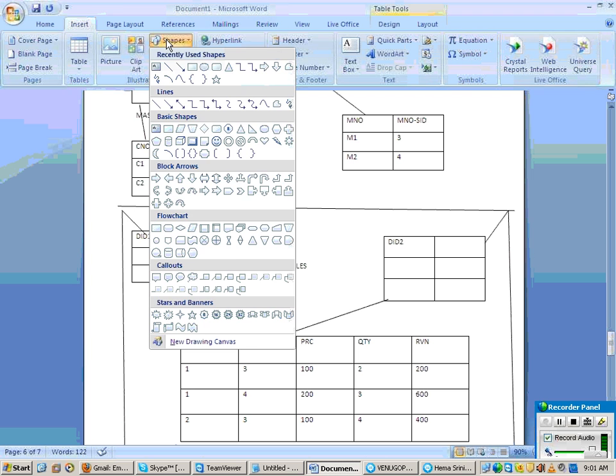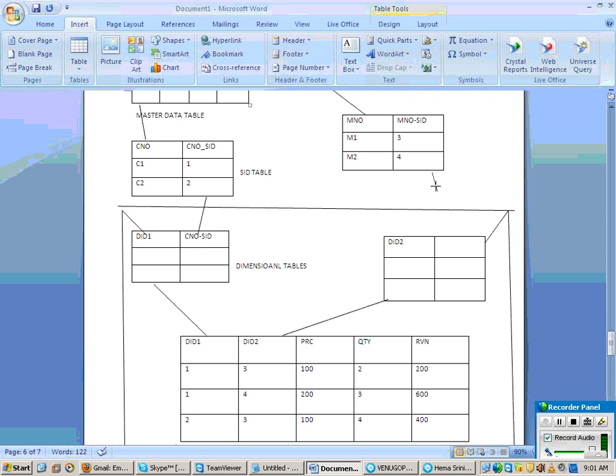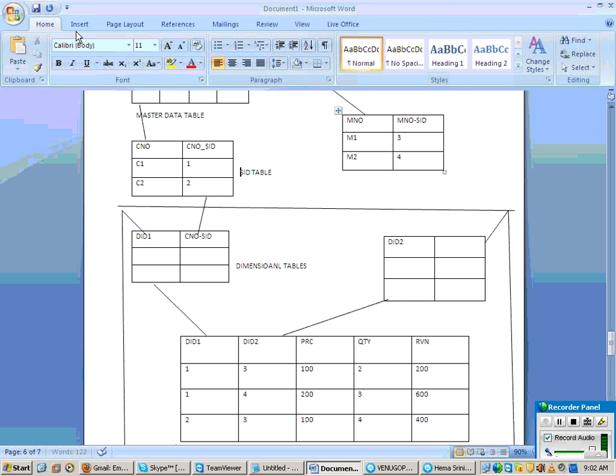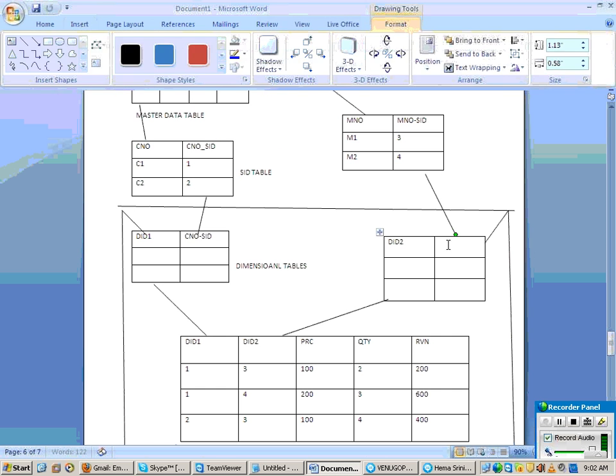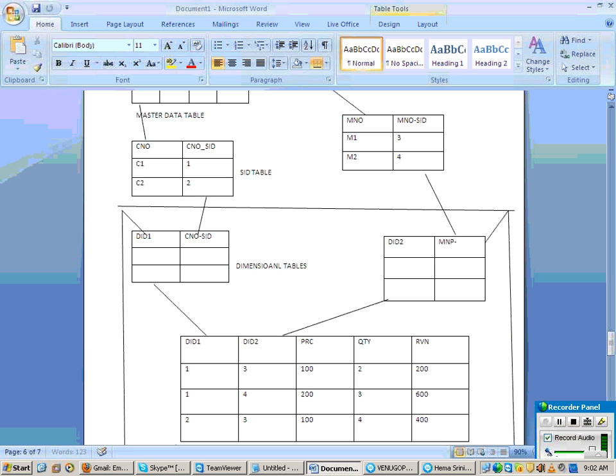A link from the SID table of material to the second dimension table is formed. Okay.